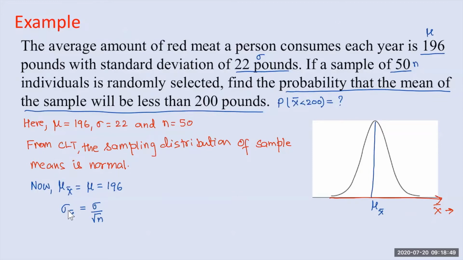This is the formula that you need to note. The standard deviation of the sampling distribution is equal to population standard deviation divided by the square root of n. So if you look at the population standard deviation here, it is 22, divided by the square root of the sample size. Our sample size is 50. Square root of 50. If you use your calculator to divide 22 by the square root of 50, you should get